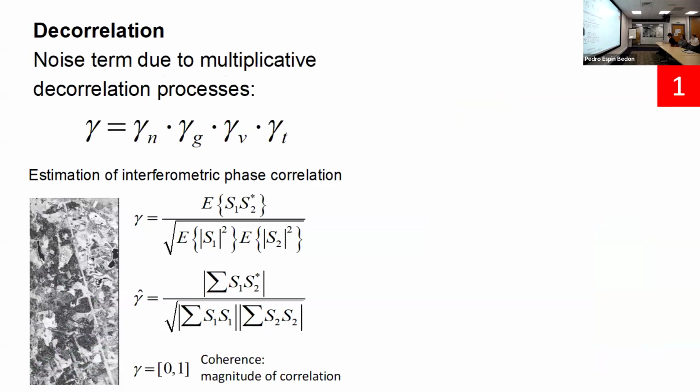So starting with decorrelation, first of all, has someone talked about coherence over the last couple of days? Right. So what we're talking about here is noise due to multiple decorrelation processes that come from different origins. And you can try and estimate these in a quantitative way. Normally, it's not something you worry about when you're doing processing. If it's decorrelated, you chuck it out, you can't analyze it. But sometimes it's useful to try and understand why something's decorrelated to make sense of why it appears in some parts of an interferogram. Is it persistent decorrelation that's always going to be there? Is it something that you can mitigate in some way or not?